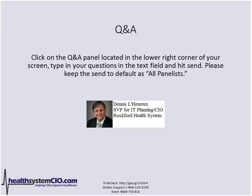Very good. Did you do a baseline when you started this? The question is, what stage were you at when you started the goal of making stage 7? Well, I don't know if we did that formally, but we had all electronic ancillary systems in place. We had kind of a clinical data repository. We didn't have nursing documentation in basket things, and we didn't really have a way to do electronic prescribing. So we knew some of the deficiencies along the continuum,